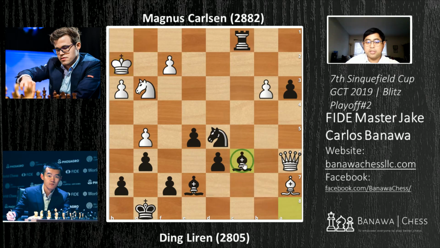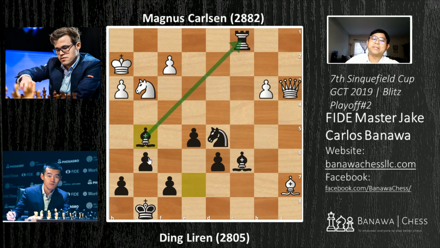bishop c6, ensuring that the bishop is defended by the black rook, queen takes a3, bishop takes g5. At the same time, you're getting the pawn back at the same time you are defending the rook on c1. So queen takes d6, another mistake. Stockfish